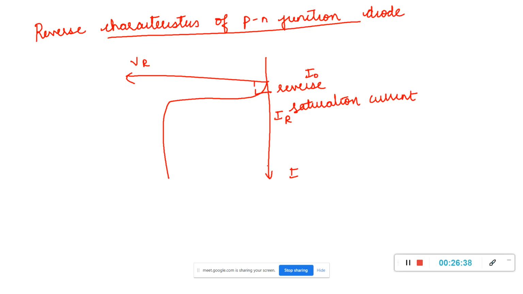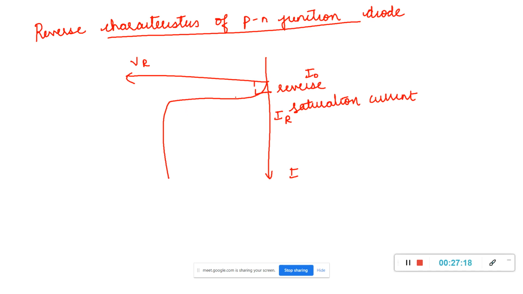Because of the polarity reversing of the battery applied, it is opposite to that of the forward voltage. Hence in practice, the reverse voltage is taken as negative. Similarly, reverse saturation current is due to the minority carriers, and it is also opposite to the forward current. Hence, reverse saturation current is also taken as negative. Hence, the reverse characteristics is plotted in the third quadrant. Voltage is also reverse, current is also reverse, opposite to that of the forward.